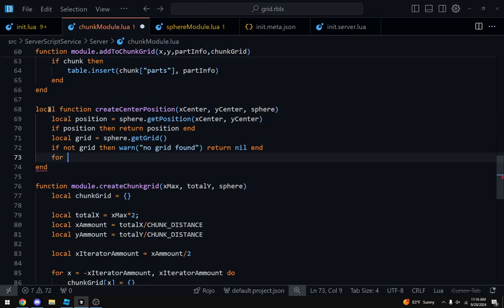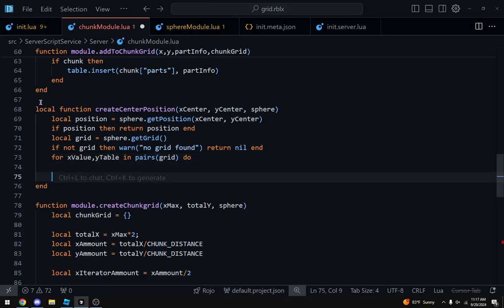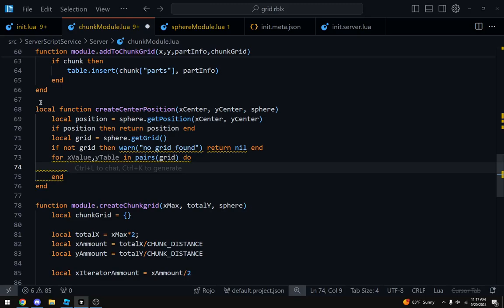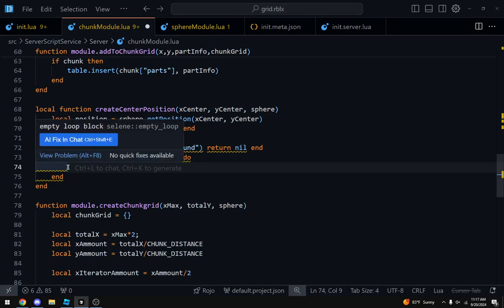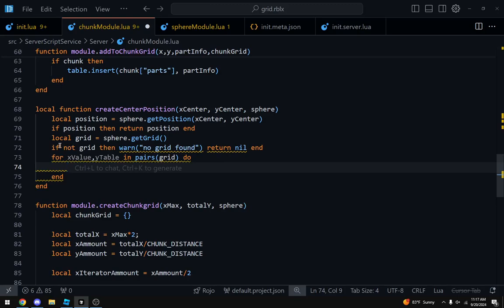So let's generate the closest x value. Let's do for x value, z table or y table in pairs grid do. So the x value is going to be a number, and we want to check if our x value is closer.